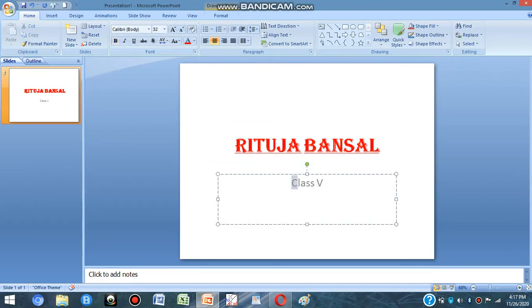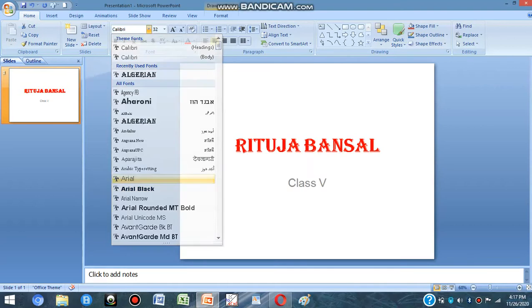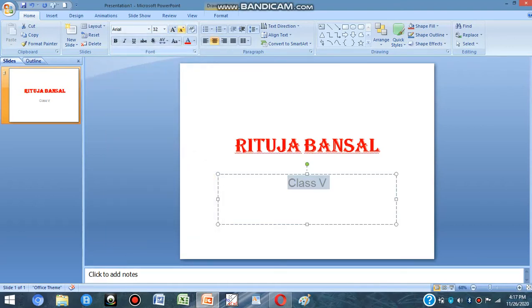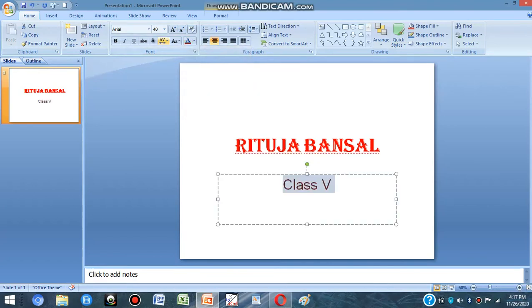So like this we will do this on both the placeholders. Placeholders are these text boxes. These are known as placeholders. Applying color to this also, and make it italic.